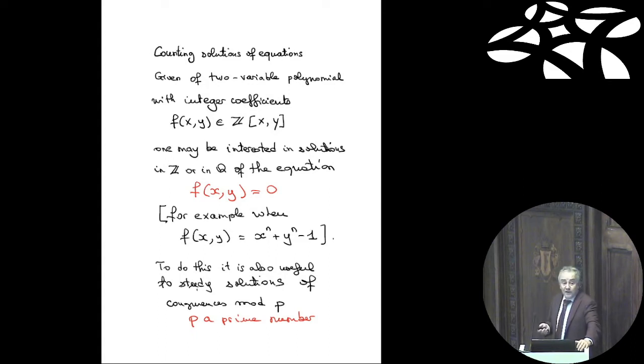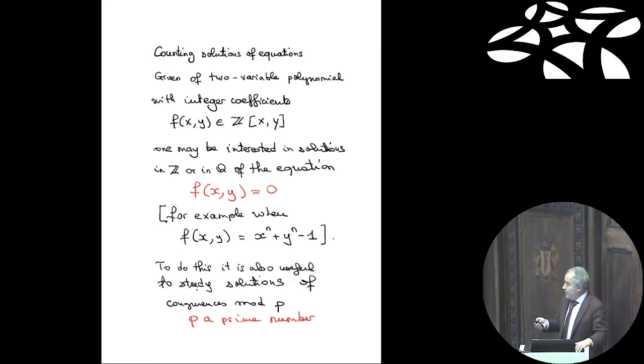Okay, imagine you are interested in solutions with integer coordinates. It's very natural to start by studying congruences. So if your equation has no solution modulo 5, for instance, then there is nothing more to do. Or if it has a lot of solutions modulo 5, you can hope. Sometimes it will be true, sometimes not, it depends. It's a topic of research, even today.